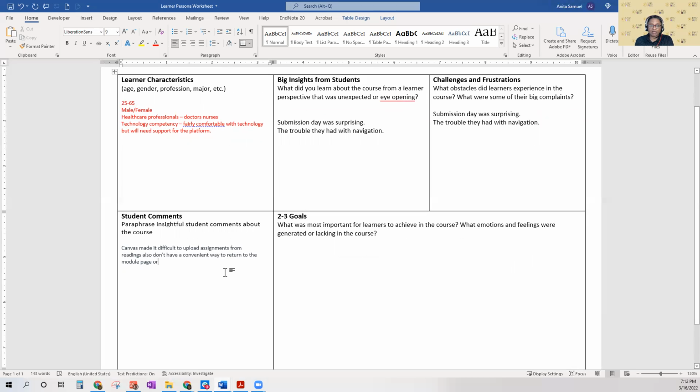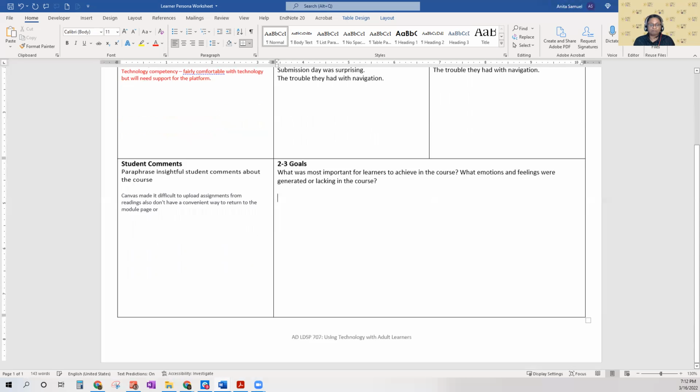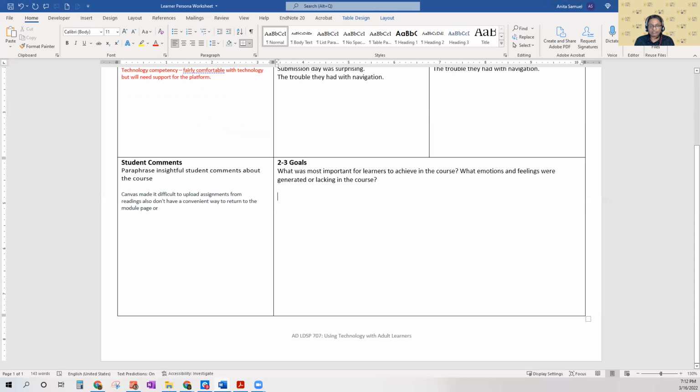All right. Now, the goals: what was most important for learners to achieve in this course? What emotions and feelings were generated or lacking in the course? Okay, so for the course that I was looking at, the most important thing for them to achieve was to be able to create an online module. And I think they succeeded in that, and they liked it as well.